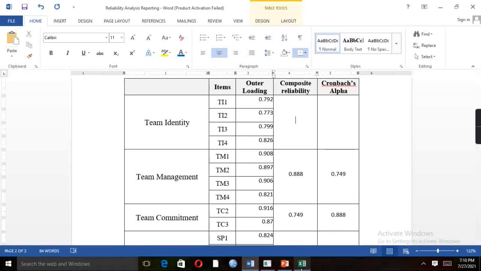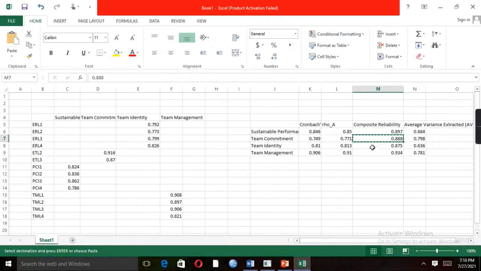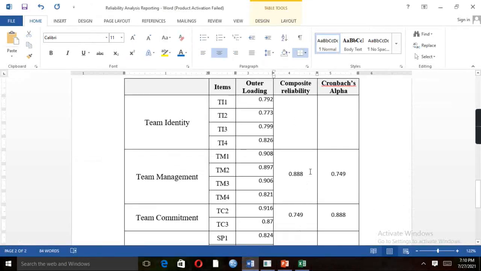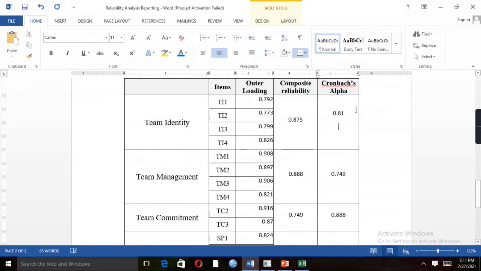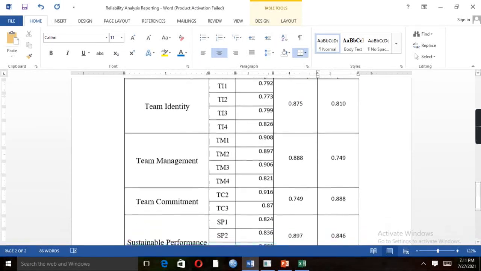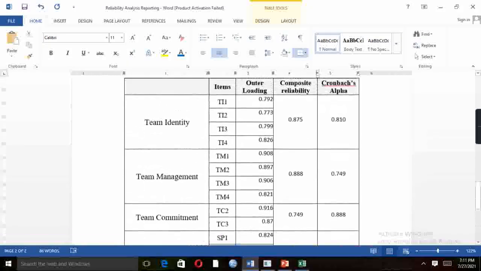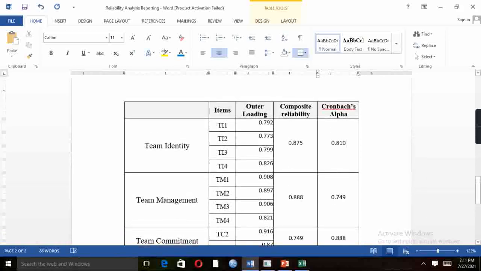Team identity composite reliability is 0.875, and the value of Cronbach's alpha is 0.810. So this is how we report outer loading, composite reliability, and Cronbach's alpha.